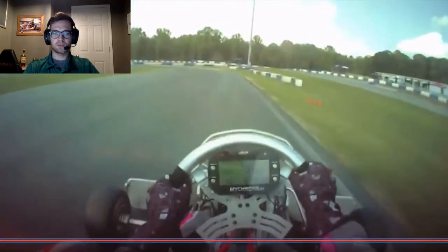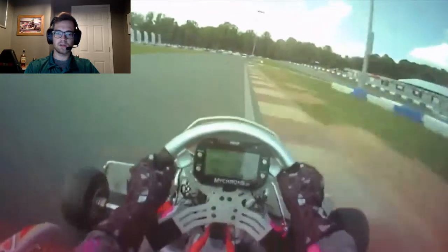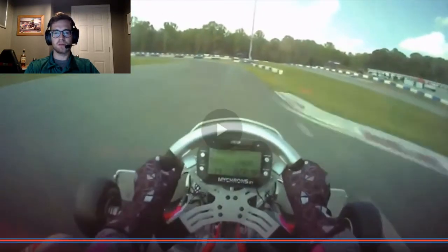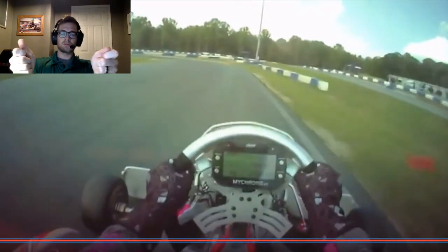Braking zone for this corner. This is your hard braking zone on the track. This is the hairpin. I kind of use my reference point as this access road right here. So my braking point is right about here. So where the curb here ends on the outside for that access road, start getting real hard on the brakes,